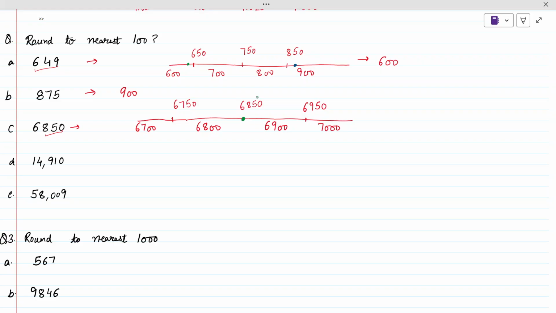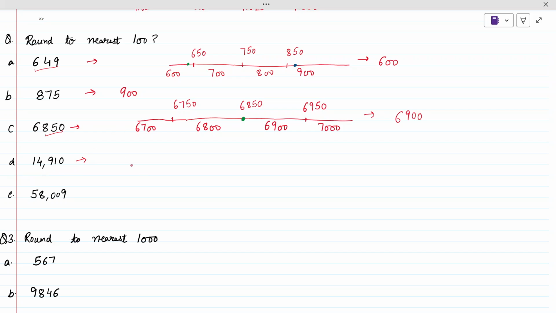So we have learned that if a number is in the midway or it is greater than midway, it will fall to the upper side. मतलब हमारा जो nearest multiple of 100 होगा वो इस केस में होगा 6,900 because 6,850 is itself a midpoint. So what we'll have here is 6,900 as the answer. Next one is 14,910, that is